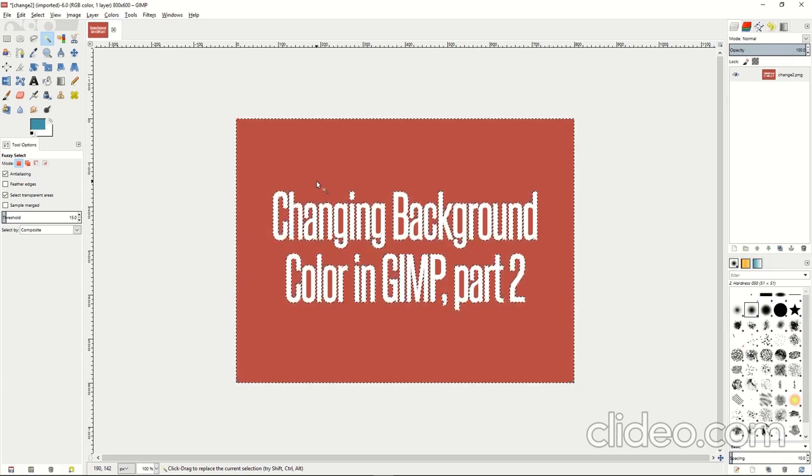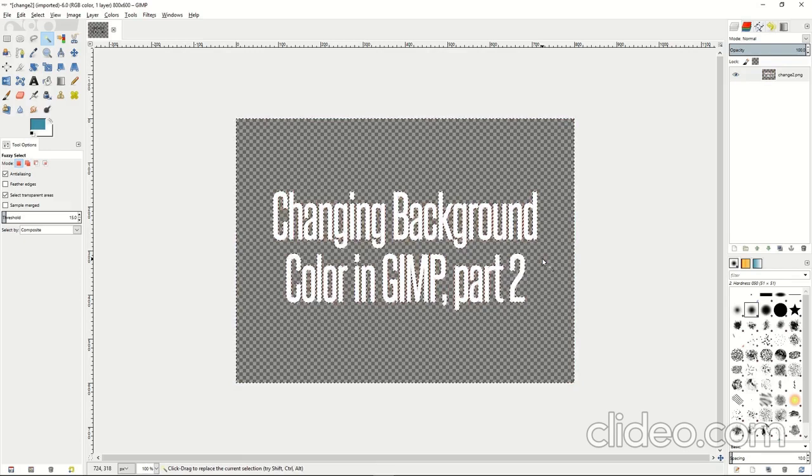To add the circles inside the text, you want to hold down the Shift button, which will add a plus symbol next to your fuzzy selector, and you can now add those bits inside the text into your selection. And doing so will allow you to delete all the parts of the image you want to get your alpha channel. So once you're finished there, just hit delete on your keyboard, and you'll see the background is now fully